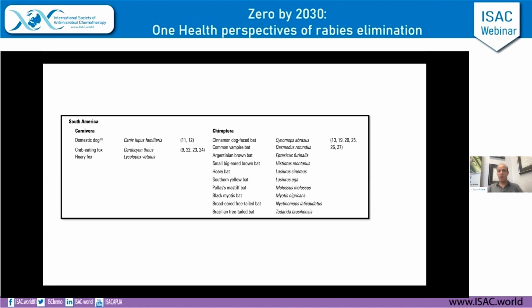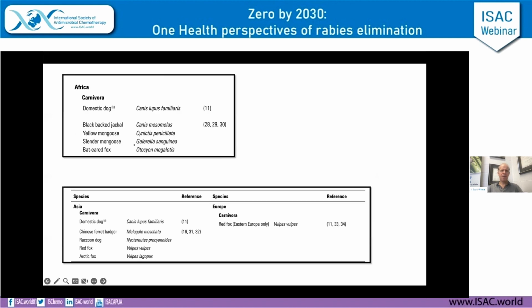South America, domestic dog in some areas, and foxes being the primary wildlife reservoir, and again, a variety of bats, including the vampire bat. If we look at Africa, dogs dominate in most areas. And there are some other potential reservoir species. There's some debate about some species, whether they're reservoirs, whether they're common vectors, with unclear how much it's circulating within those populations. So there probably are some other animals on this reservoir list, but dogs are the dominant.